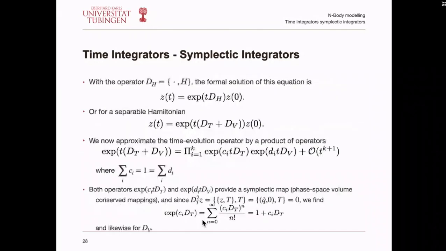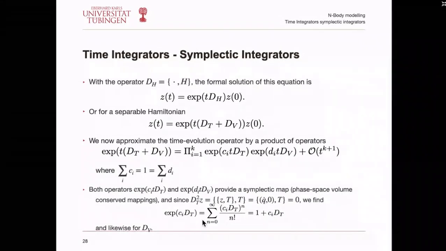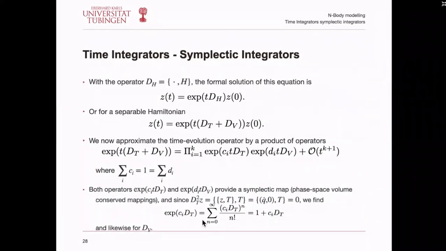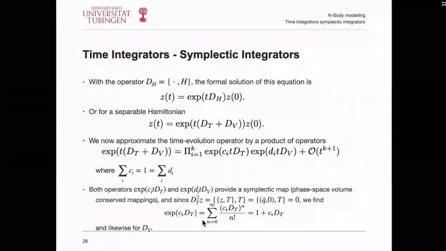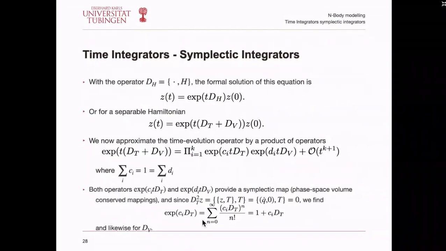Then we can define an operator which we call D_H, which just combines the right hand side with a Poisson bracket. Okay, so D_H of the set would be the set's Poisson bracket with H. If we define this operator in this way, then we can write down a formal solution of the whole equation,